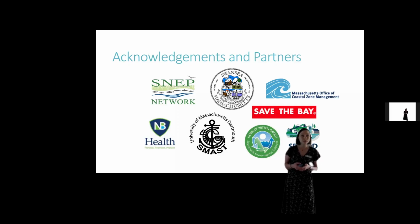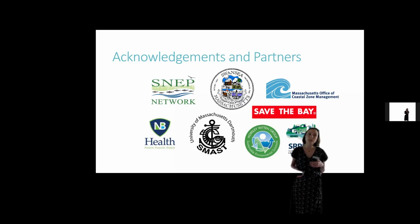They provided training to the town and members from the volunteers from the community, some of which are in this room, to participate in a stormwater management training series. I'll talk a little bit more about that. We also had support from Save the Bay, a nonprofit in the area. And then for the water quality sampling that we did, we partnered with the City of New Bedford's Health Laboratory and the UMass Dartmouth, the School of Marine and